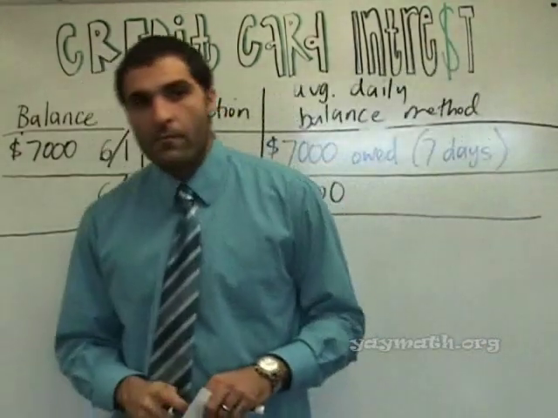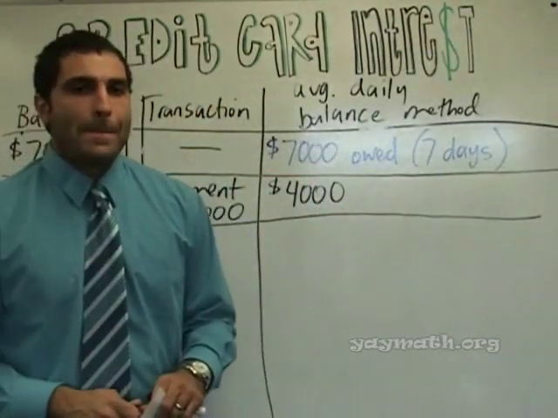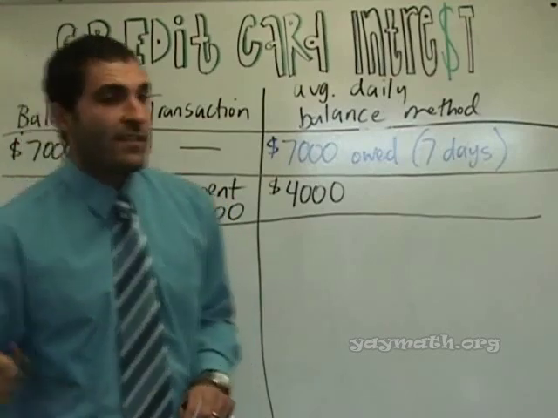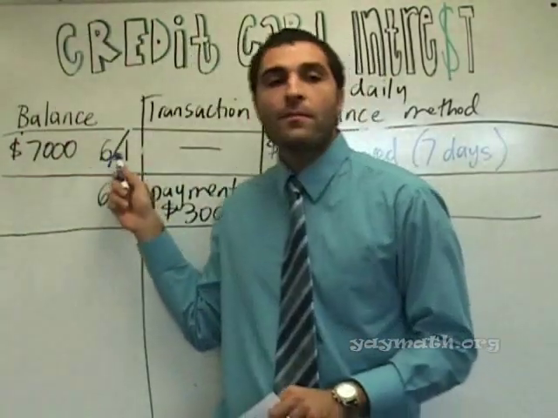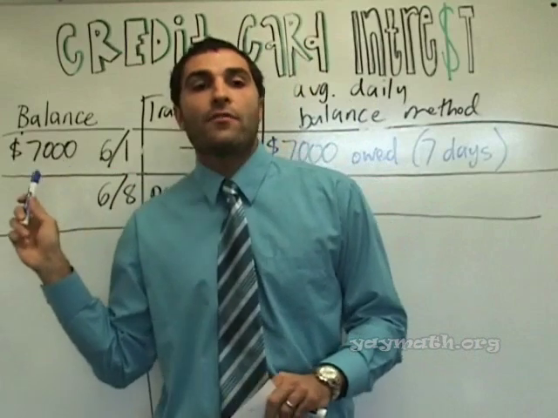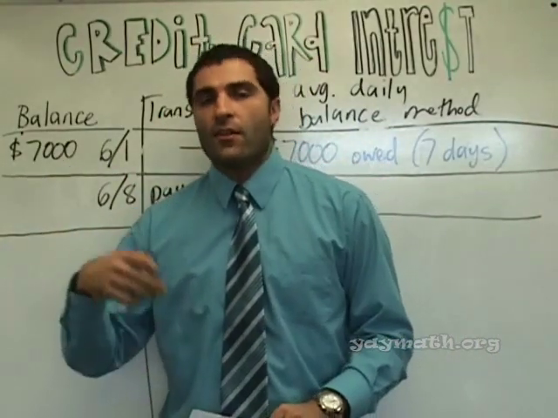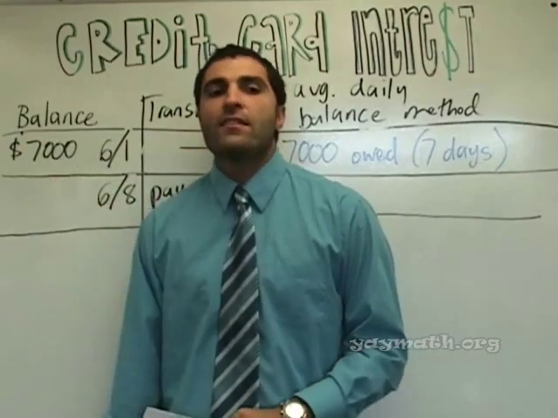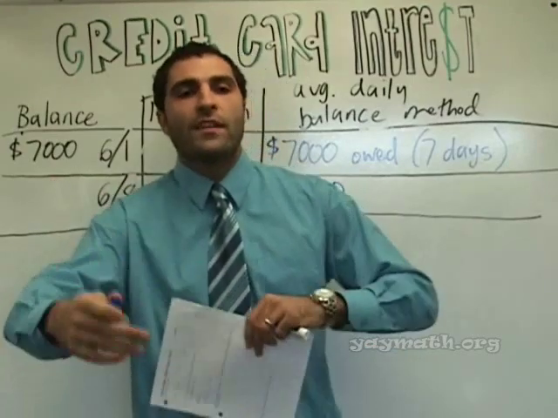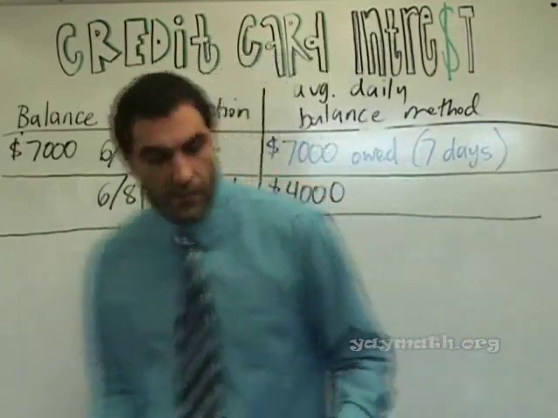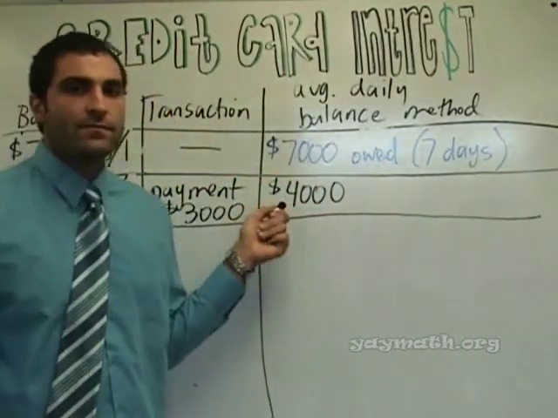Why does it matter to the credit card company when you pay your money, as long as you pay it by the end of the month? Okay, so officially in this scenario, the bill was due at the beginning of the month. So now we are officially in debt, and the credit card has to figure out a way to charge us interest based on what we did throughout that month. Because now, as you see, we owe $4,000.